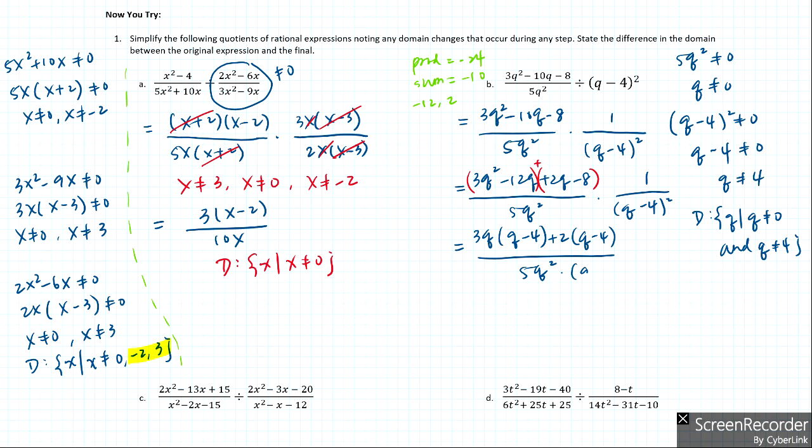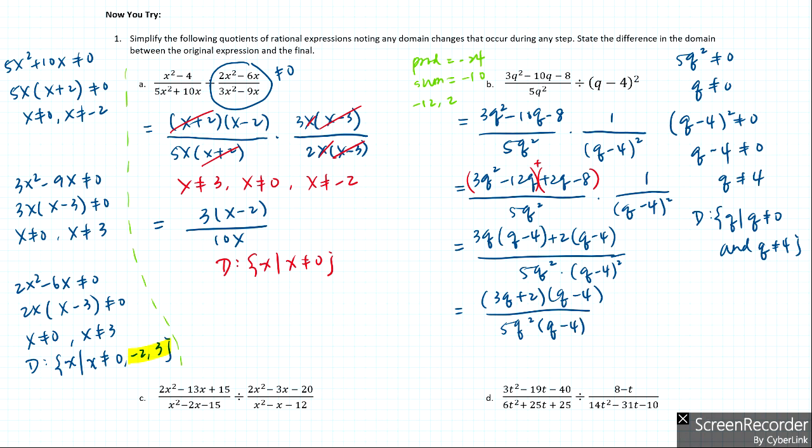And at this point you could start multiplying everything straight across as well to combine the two rational expressions. So in the denominator I really have q minus 4 squared being multiplied by 5q squared. And on top it doesn't change because we only have 1 as a numerator for the second expression. Now on top I really end up with 3q plus 2 times q minus 4